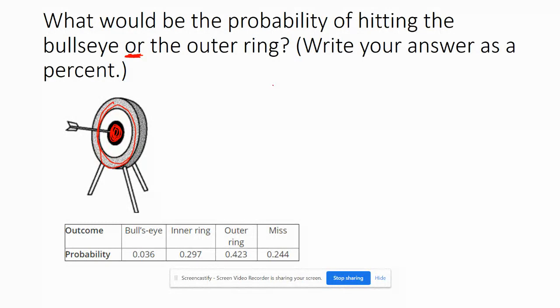So if I add these together, the bullseye is a very small percentage, right? So 0.036 plus the outer ring, which would be almost a 50% chance, right? This would be 0.423. We add those together and we would get, let's